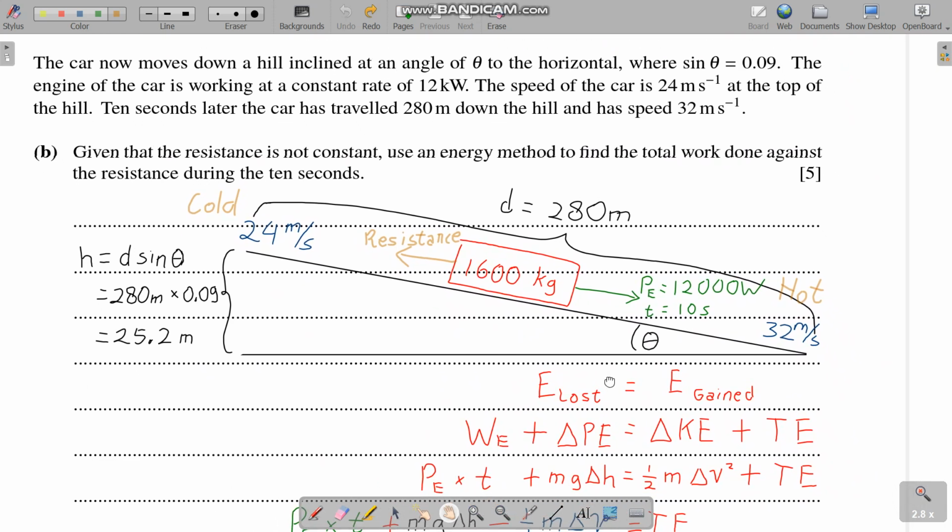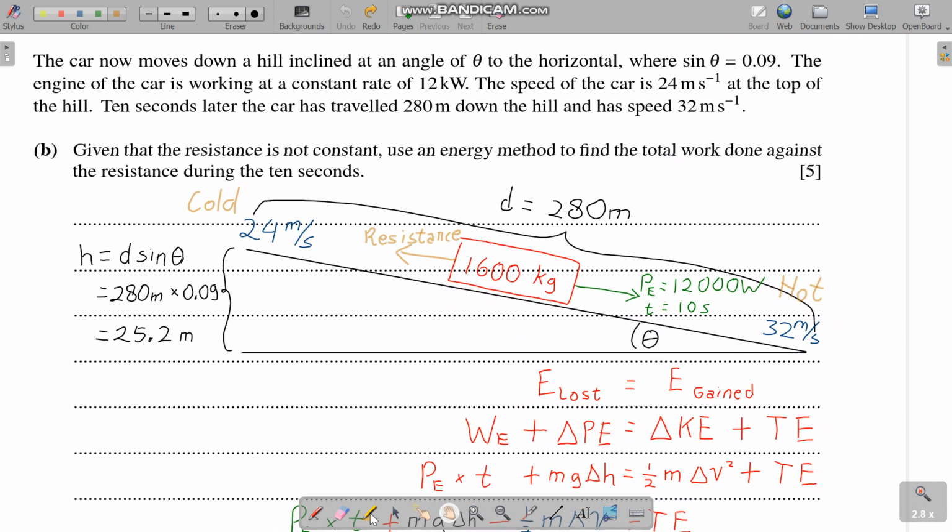Now the car moves down a hill. Angle theta, we know the sine of theta, and we know the engine power, the velocity, and 10 seconds later we have time, we have distance down the slope, and we have final velocity. So we have the mass, and we have the engine power, we have the time, which means from here we can find